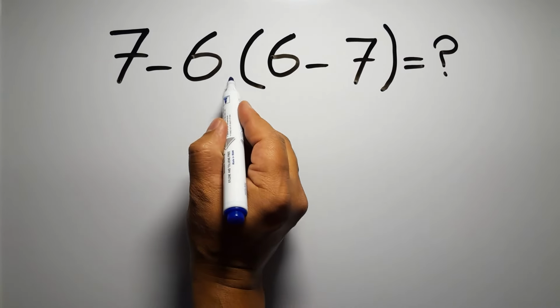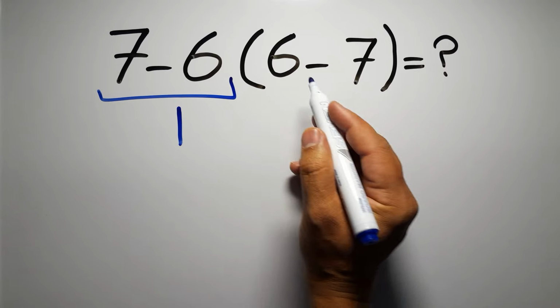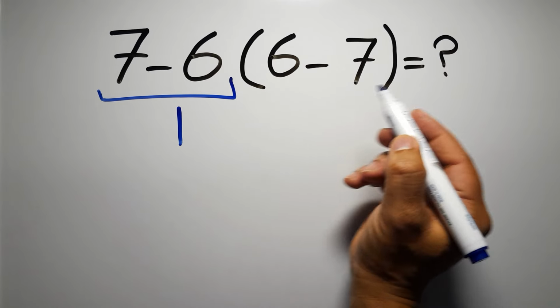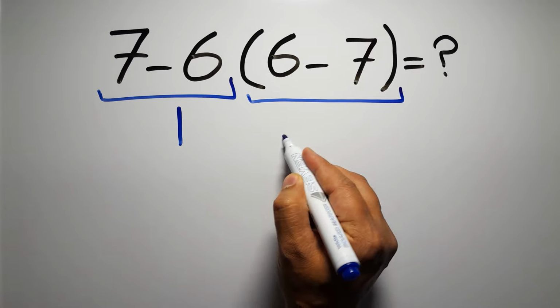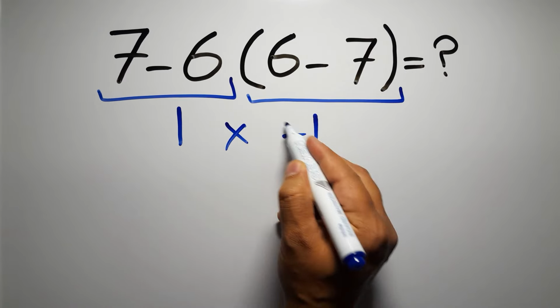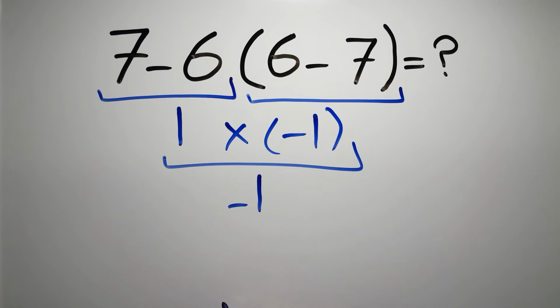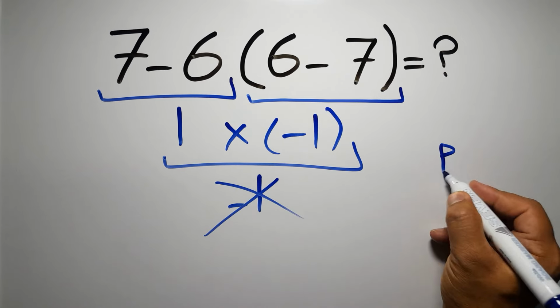7 minus 6 gives us 1. And inside this parenthesis we have 6 minus 7, which equals negative 1. So 1 times negative 1, which equals negative 1. But this answer is not correct, because according to the order of operations, first we have to do parentheses, then